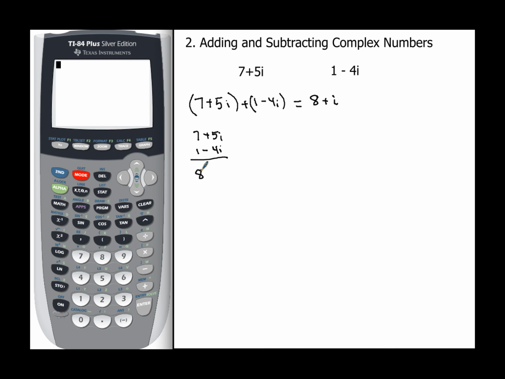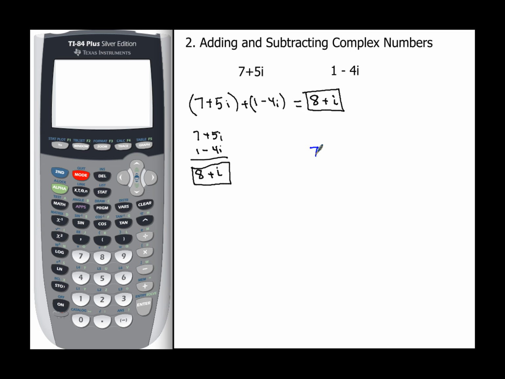7 plus 1 is easy to see, that's 8. And then 5i minus 4i, that's easy to see. That just combines to give you i. So either way, you end up with 8 plus i when you add them. Pretty straightforward stuff. Now, subtracting them is going to be a little bit different just because you have to pay